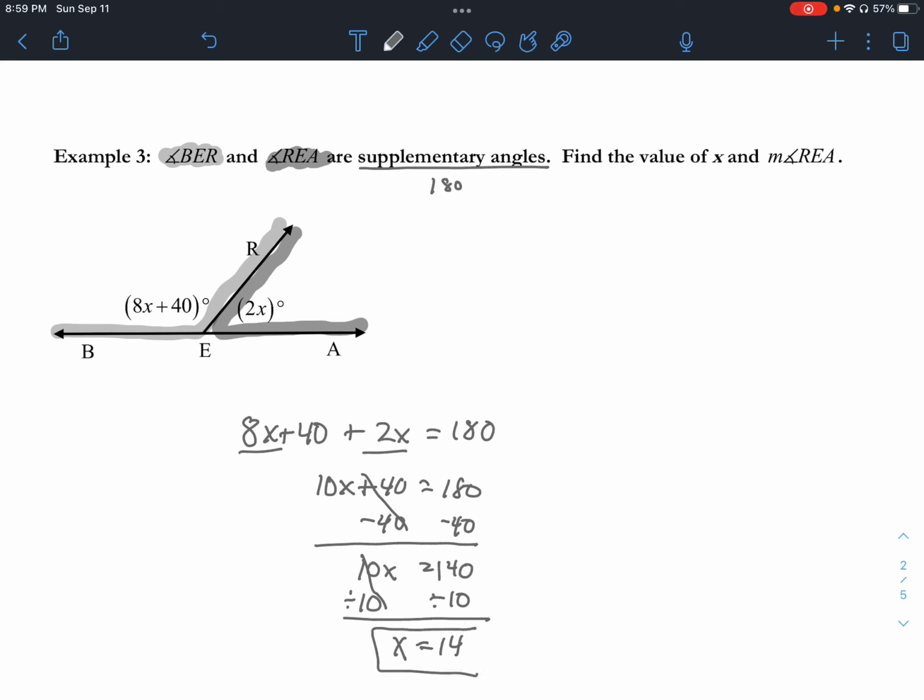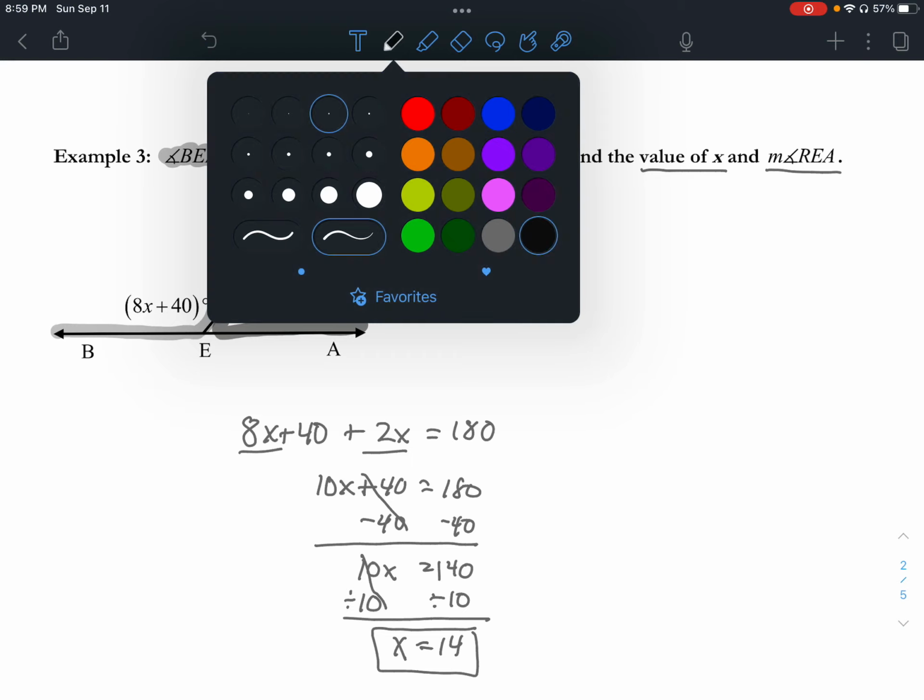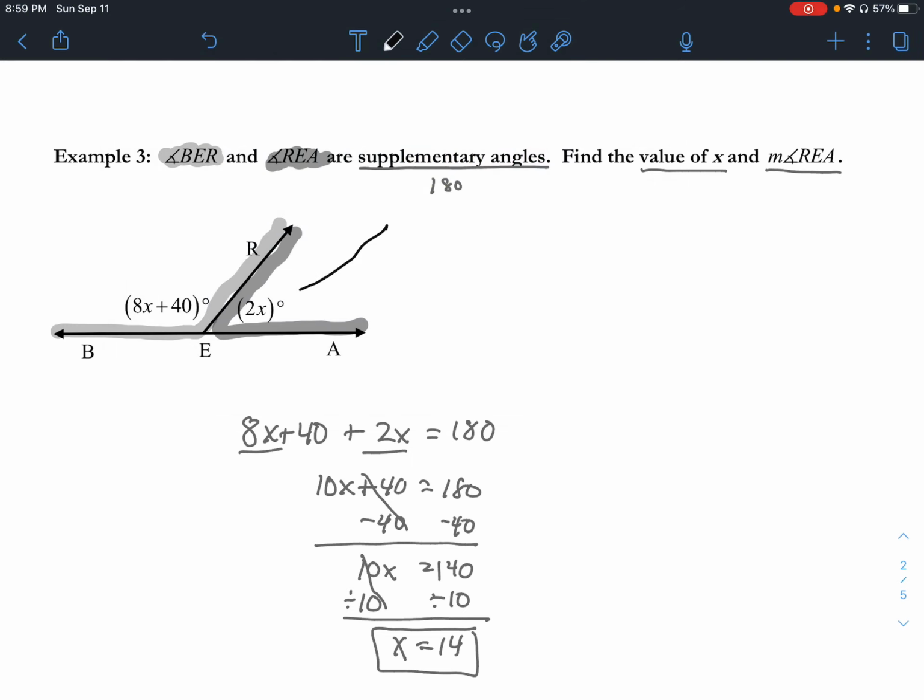Be a little careful with this problem because they're not asking me just for x. They're also asking me for the measure of angle REA. So that means that I'm actually going to have to take the measurement of this angle right here. I'm just going to have to say, well, angle REA is just 2 times whatever my x value is. In this case, it is 14. So my angle REA should be